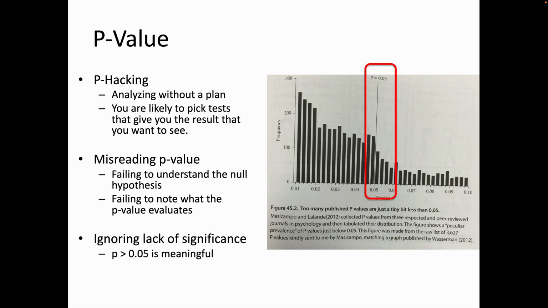The threshold has logic. It's roughly 2 standard deviations from the mean, and it makes sense to use that for our type 1 error. But when you see a pattern like this, what you're clearly seeing is a number of researchers who will do different tests until they can break that threshold. And then once they break that threshold, this is the group that's going to talk about why they found significance. Well, again, as a reminder, significance doesn't mean anything. It really doesn't. It's a qualitative statement that has to have some context.